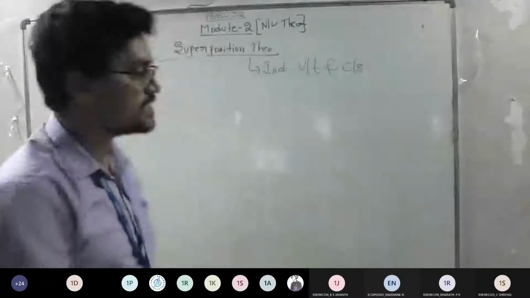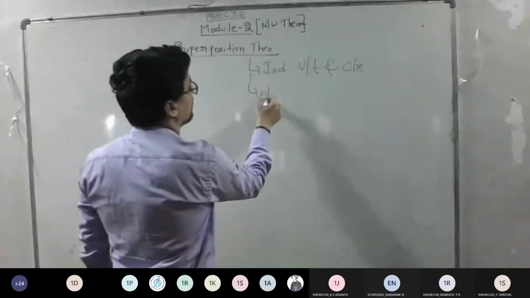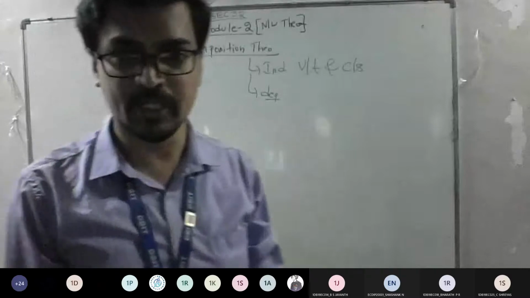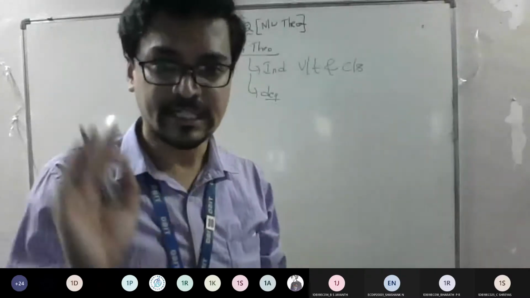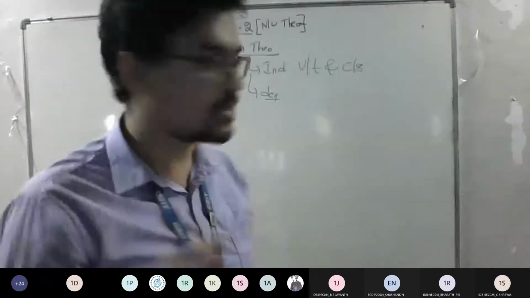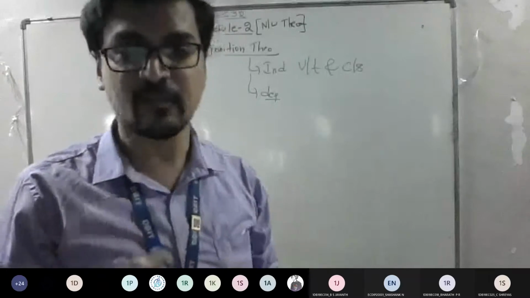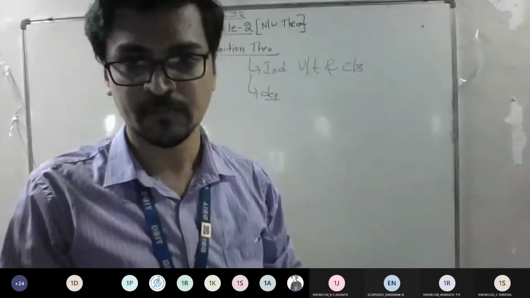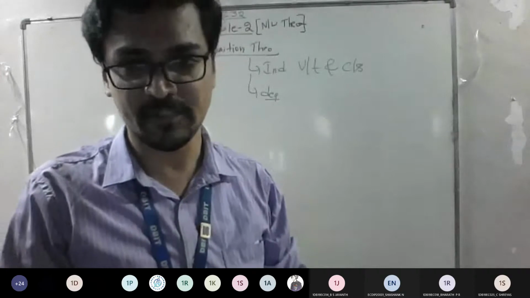It means if you find any dependent source, you're not going to follow the procedure of your superposition theorem. I'm going to retain the dependent source as it is in the network, and I'm going to solve the problem. Have you got the first point? Everyone, what I told, is it fine?